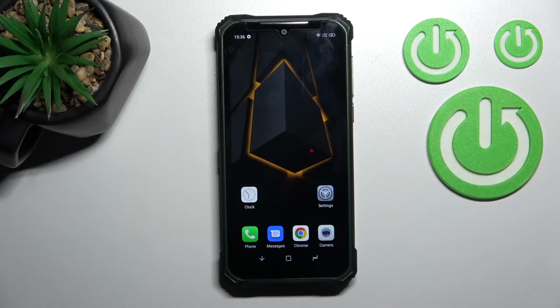Welcome to the in front of me Doogee S86 Pro, and I'll show you how to hide developer options on